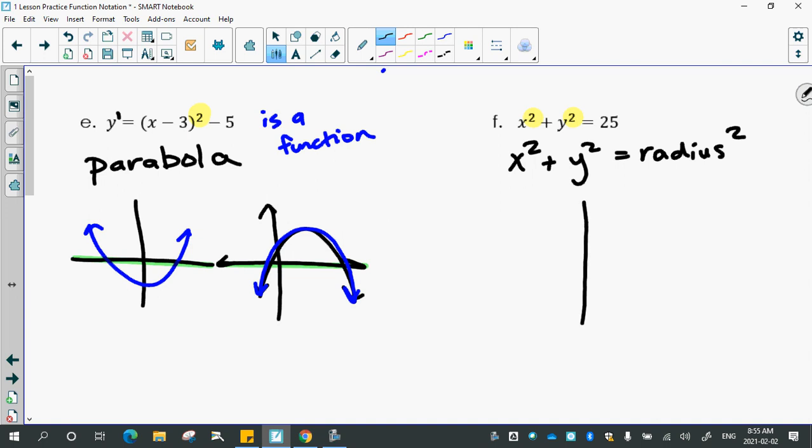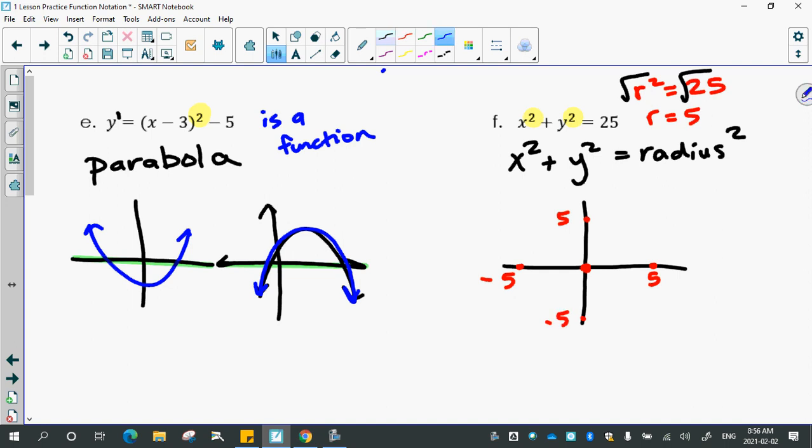So this specific circle has a center of 0, 0. And since radius squared is equal to 25, the radius would be 5. You square root both sides. So this would be like 5, negative 5, 5, negative 5,